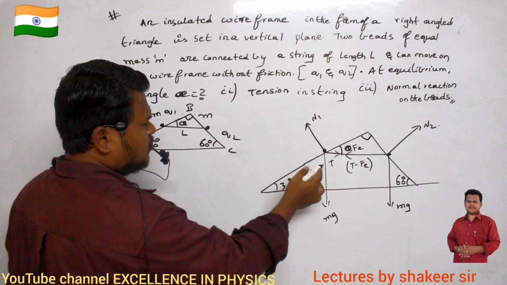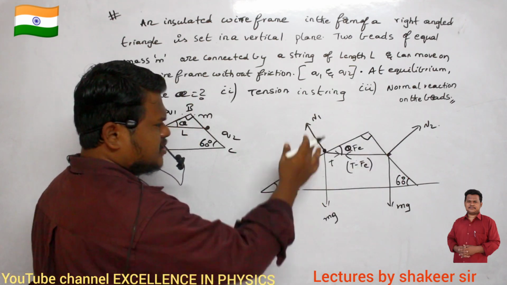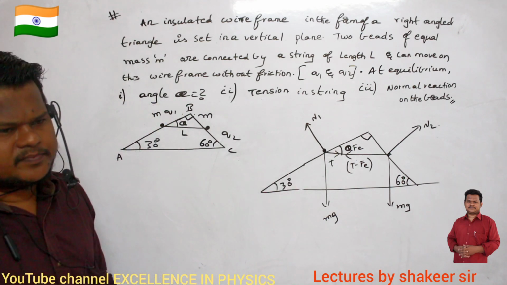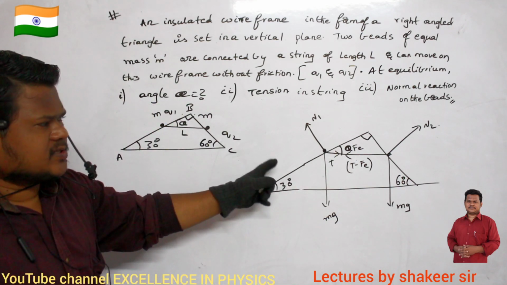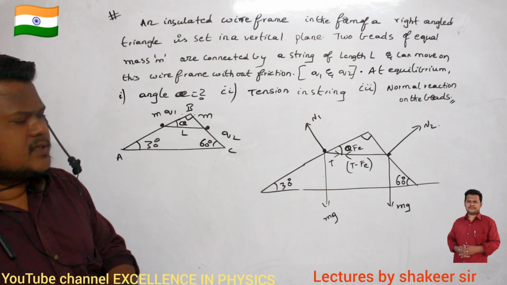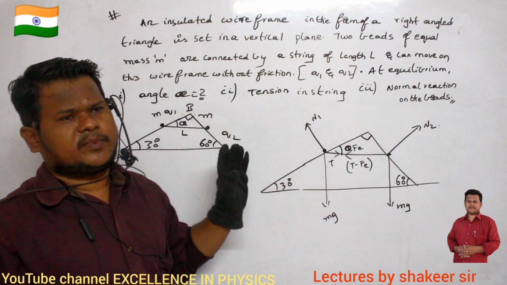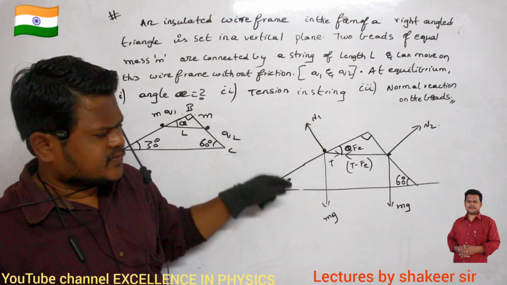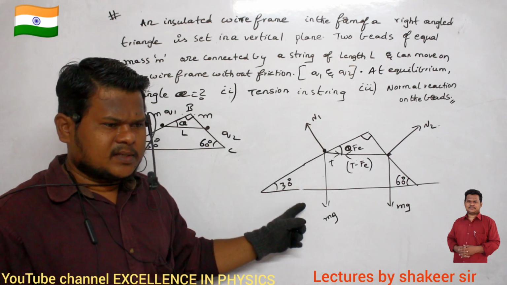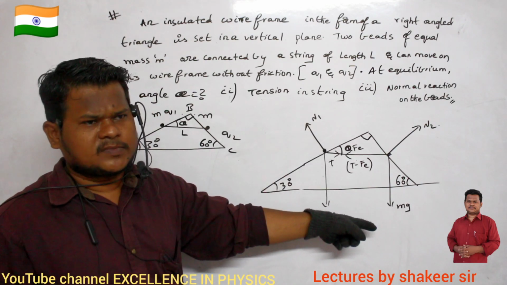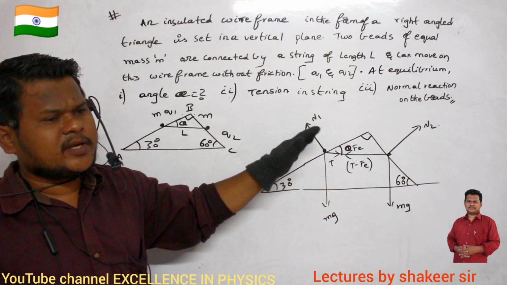So therefore, 1, 2, 3 forces. Three forces are keeping this bead in equilibrium. Can I say it like this? Similarly, here also three forces are keeping this bead in equilibrium. And where are all these three forces acting? They are all acting in the plane of this board only, no? All the forces are acting in the same plane.